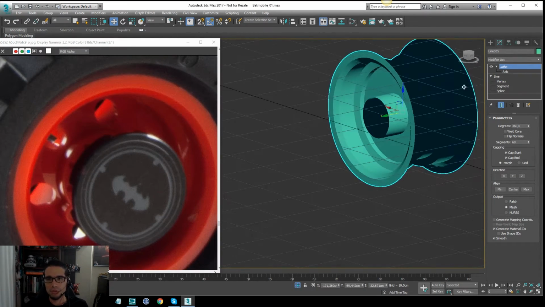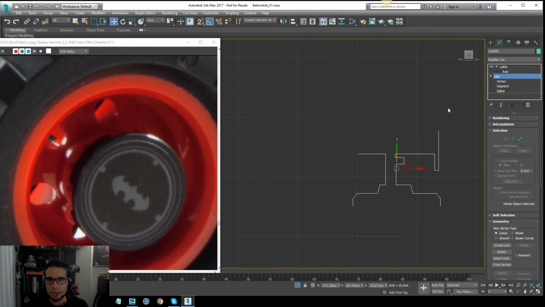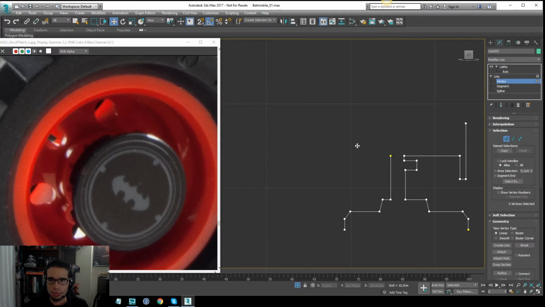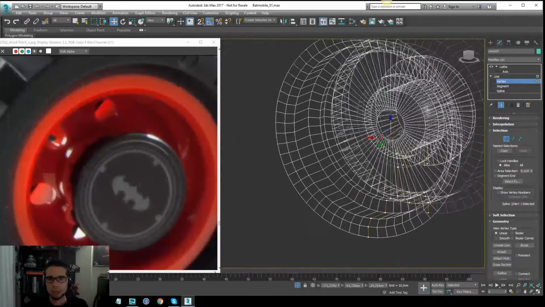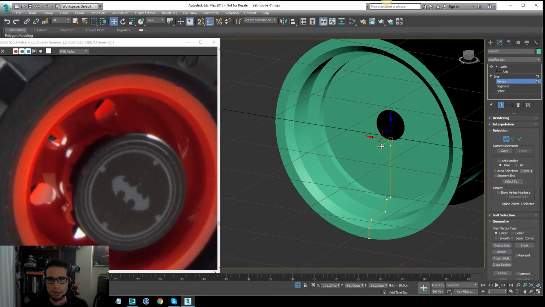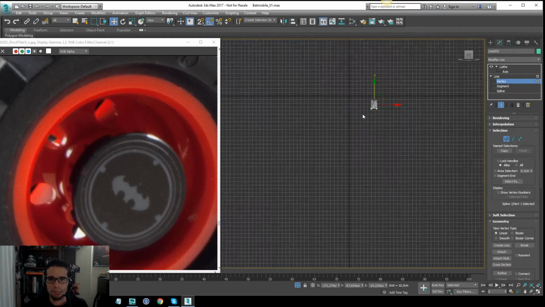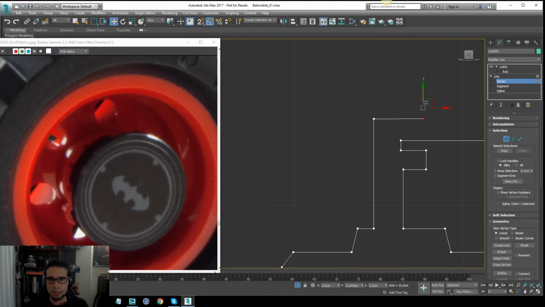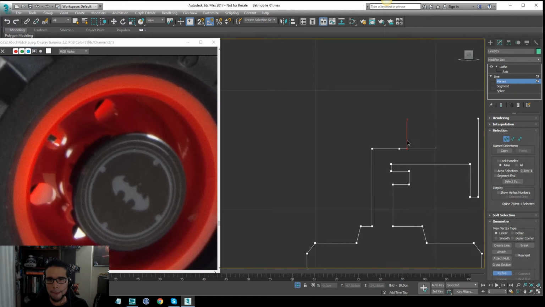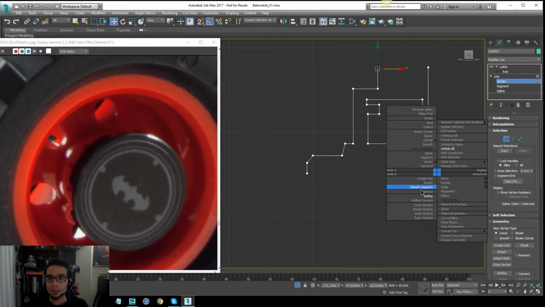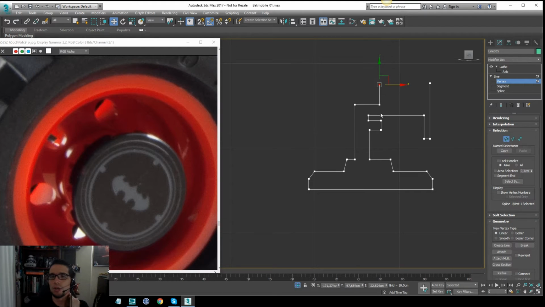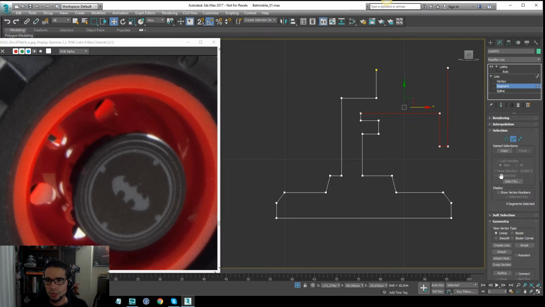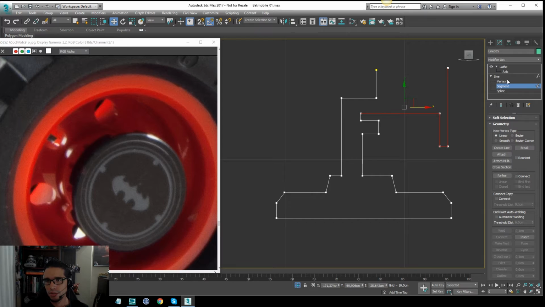I'm still not sure about this part, so let's continue here creating something. I don't know, I am going to close this and create a solid shape. In a real vehicle this will be different, but I'm not sure here. Let me try something. I will create something like this. Let's be creative here. Okay, I am going to connect this particular line to this one. In case I want to make a Boolean, I have to guarantee that all this geometry is solid. So I am going to detach this line to use it later